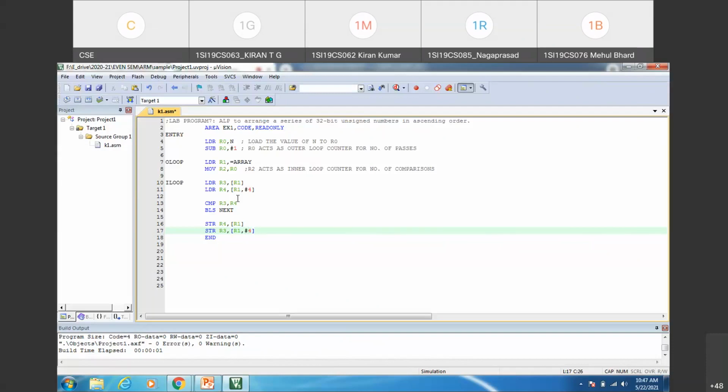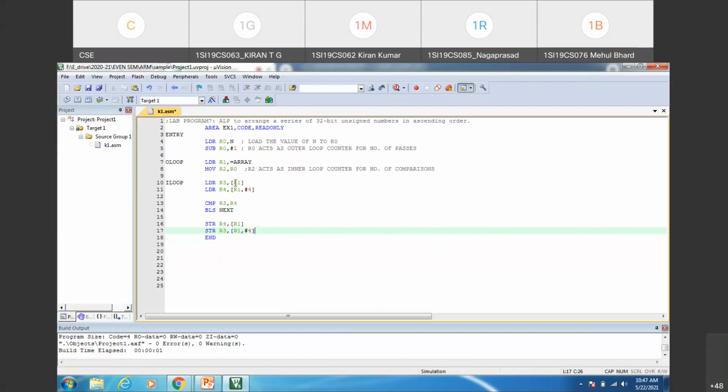See, for load and store we have used the pre-index method. So this is the addressing mode we have used: pre-index with immediate offset. So this is the addressing mode we are using for load and store instructions. See what we have done. If you analyze the statements we have written in the inner loop, these are the statements we have written.